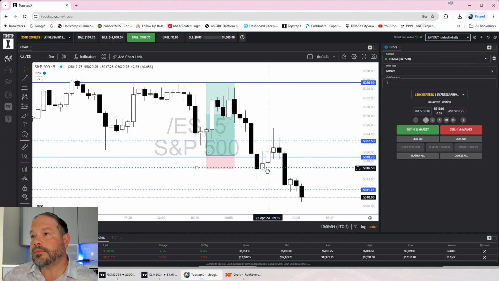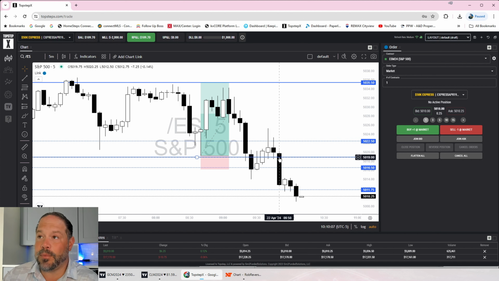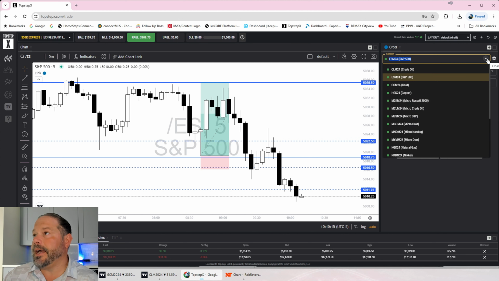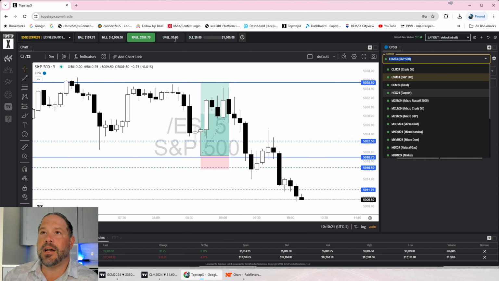So we got another really nice bounce off of my lower level, which I really wanted it to take as well, 50.16. You could just take that bounce either right back to 50.19, which would only have been 2.5 points, or you could have taken it up to 50.22, which is another level right here. So again, levels getting respected really well. Took the funded account, I think it was 125 minus the commission, so I'm at 110 bucks in profit there.